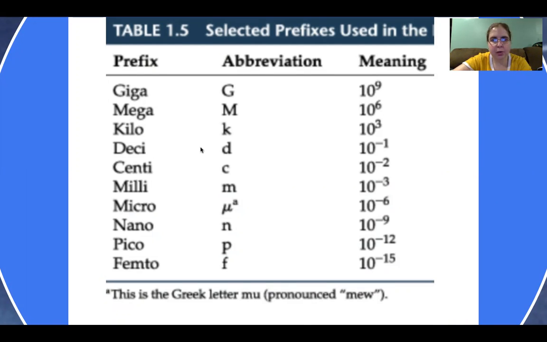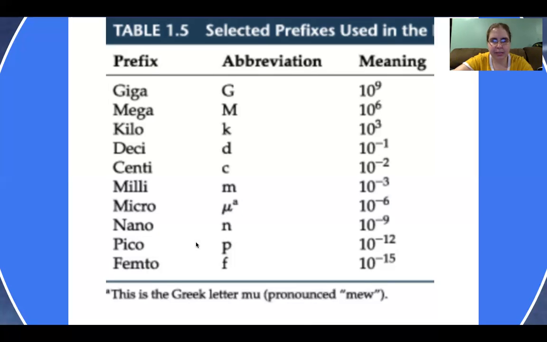Then we can also go smaller. Decigram is times 10 to the negative 1. Centigram, cg, times 10 to the negative 2. Milligram, mg, little m, times 10 to the negative 3. Micro,